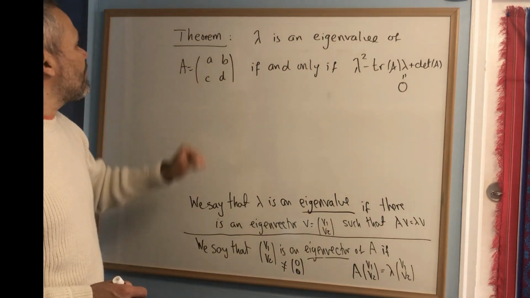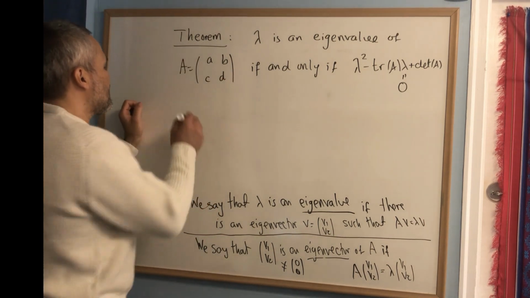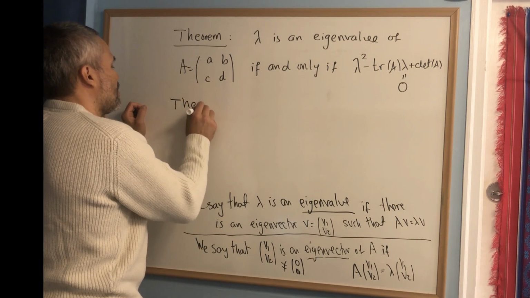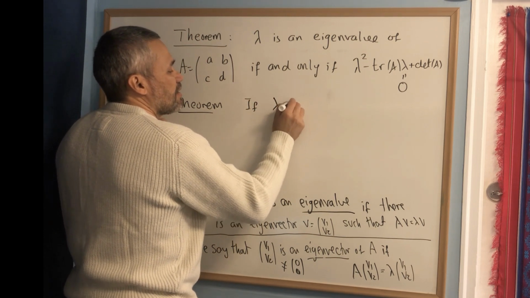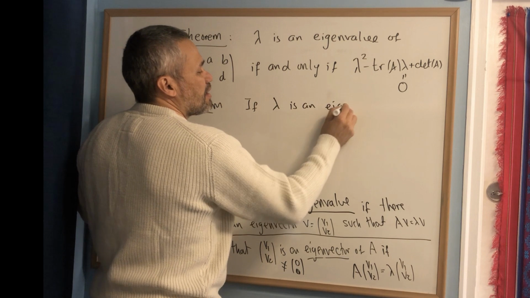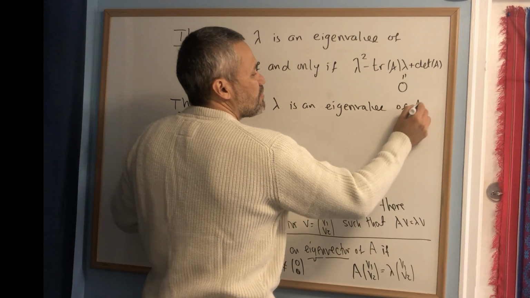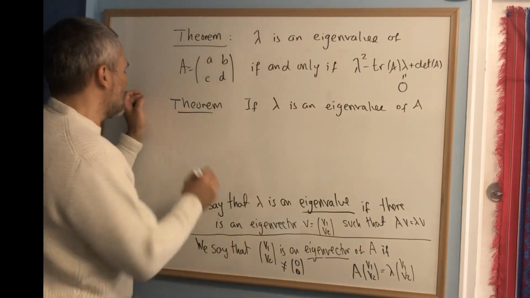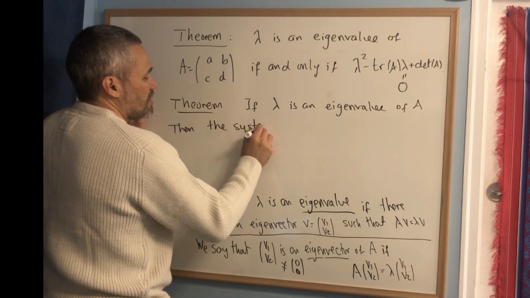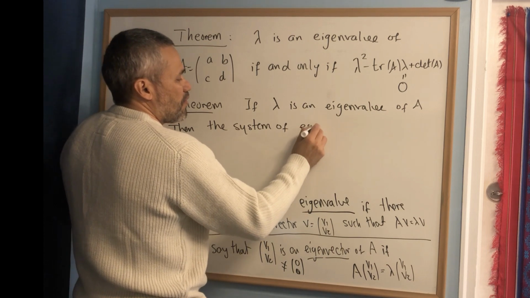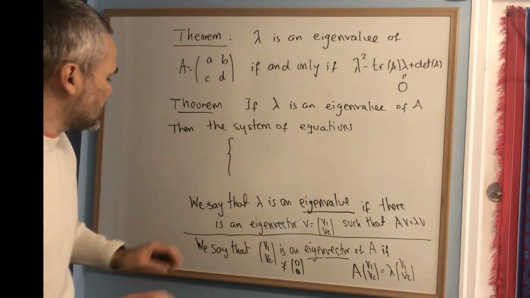Now that we have how to compute eigenvalues, the following theorem will tell us how to compute the eigenvectors. Let's say theorem, and it says that if lambda is an eigenvalue of A, that means if lambda satisfies this equation, then the system of equations